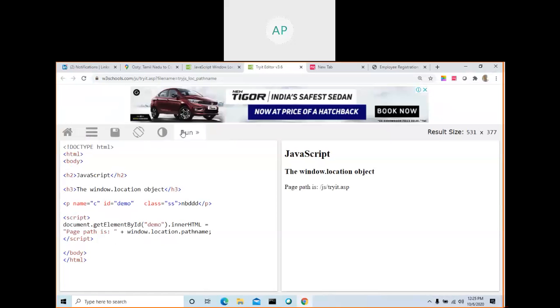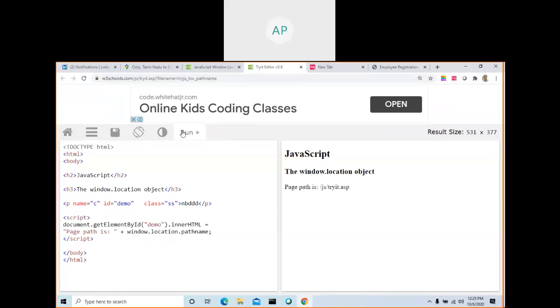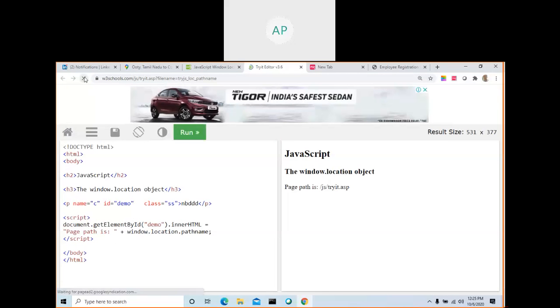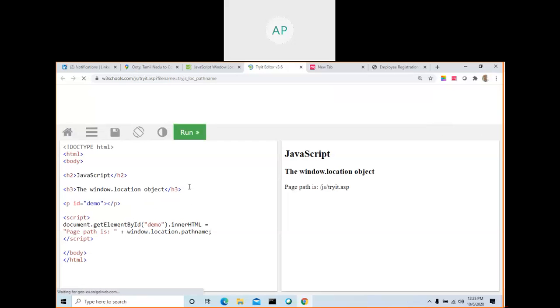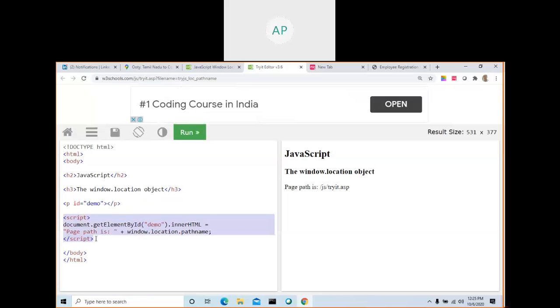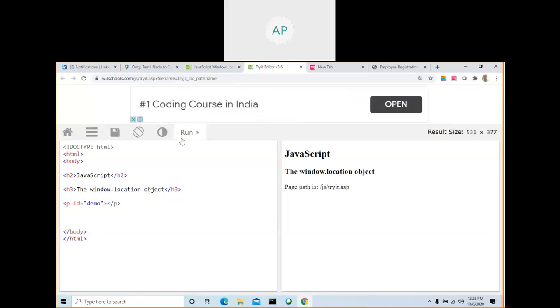Run. Just a minute, let me run this again. Okay, I'll remove this code. Control X. Let me run this one.